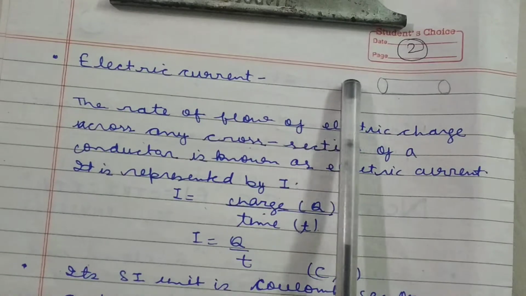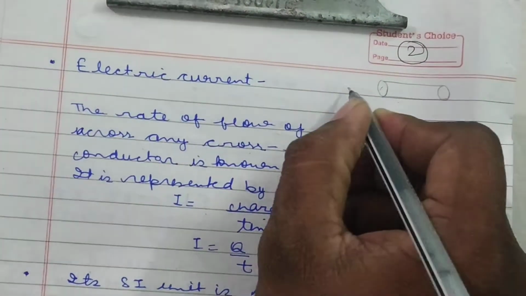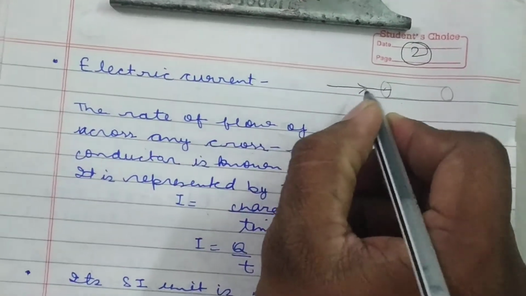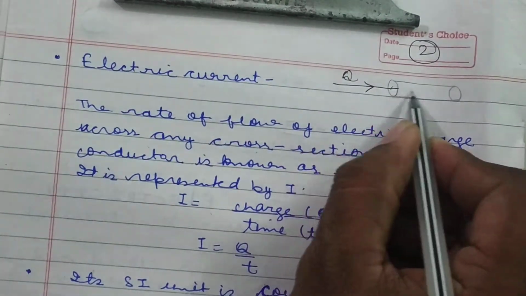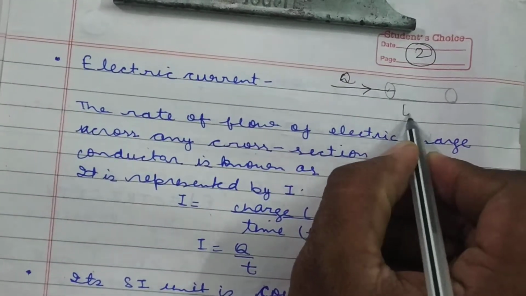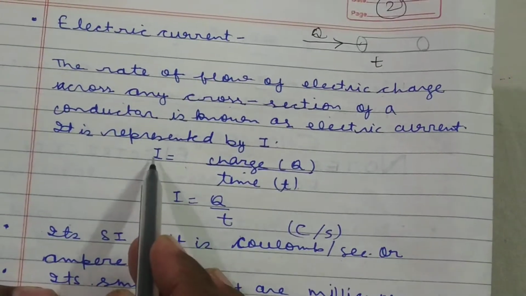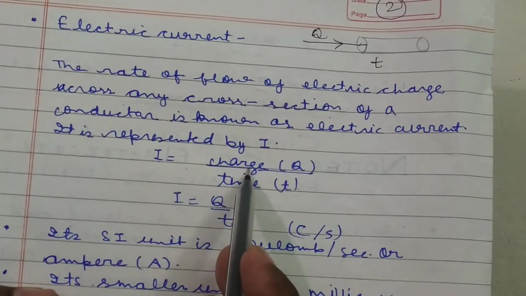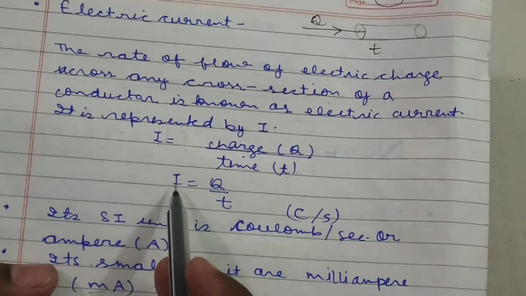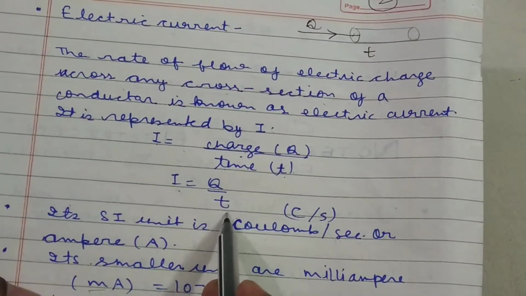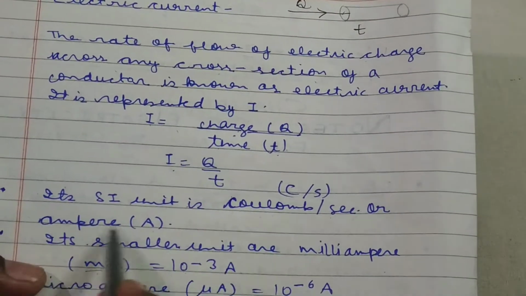How much charge is flowing through this end? So this is a conductor and the cross-sectional part. How much charge is flowing? Charge is represented by Q. How much charge is flowing through this conductor in unit time T? This will be current. Current is represented by I equals charge Q per unit time T. Then the formula will be I equals Q upon T, and its SI unit is ampere, capital